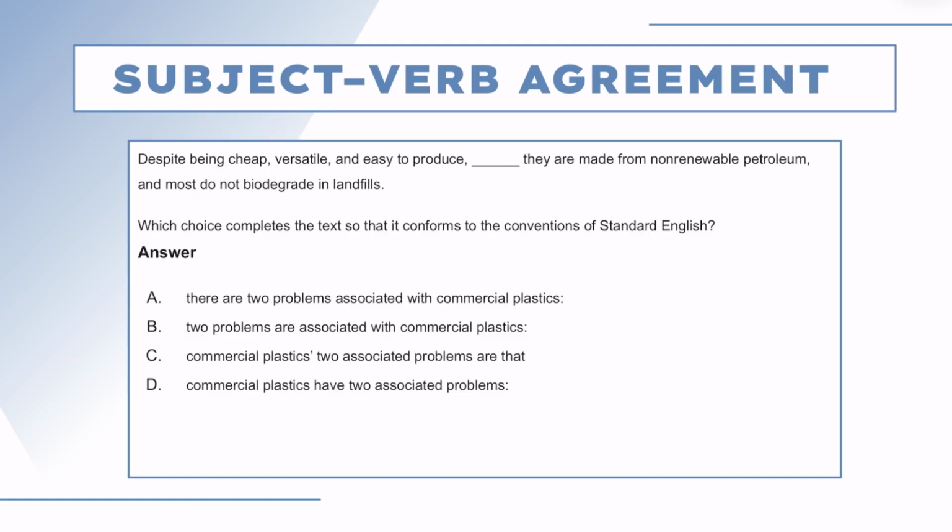So let's read it out. Despite being cheap, versatile, and easy to produce, there are two problems associated with commercial plastics. And despite being cheap, versatile, and easy to produce, two problems are associated with commercial plastics. So the modifying phrase, cheap, versatile, and easy to produce, appears immediately before the noun it modifies, which is commercial plastics. So